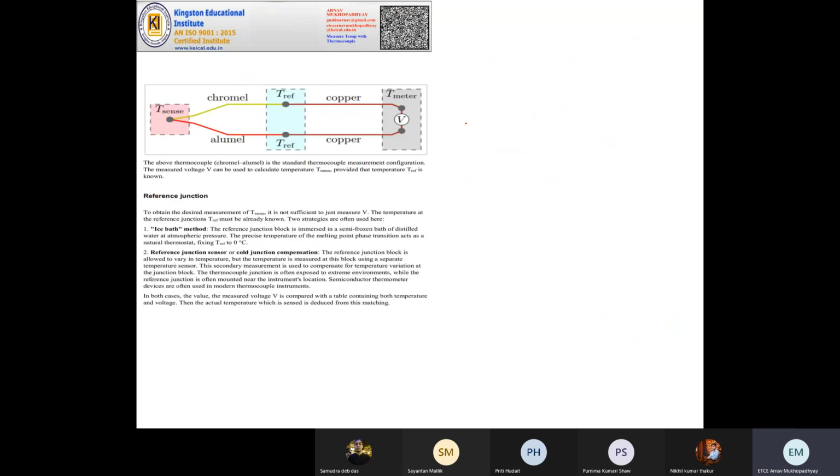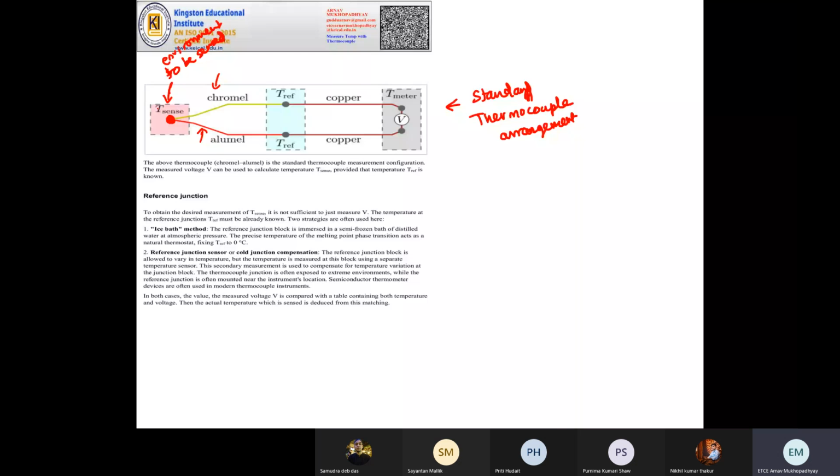This is the standard thermocouple arrangement. We have two metals. One is alumel, another is chromel. So alumel and chromel are two different materials, and there is a junction, the actual junction where the sensing is done. That is where both metals are joined. We will expose that junction to the environment which is to be sensed, and it will give some voltage